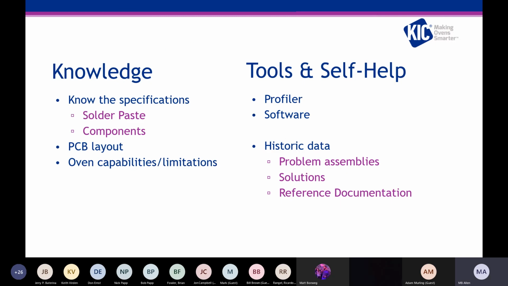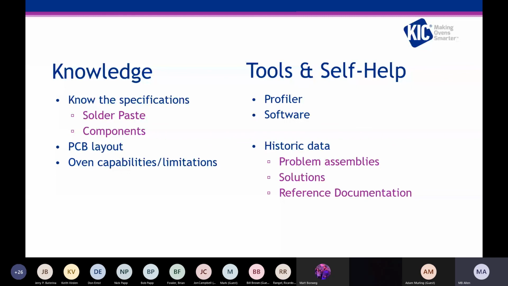One thing that I have found over the course of doing this for so many years is that the knowledge that you gain by all of this experimentation is very important. Having the information in advance is important. Knowing your solder paste restrictions and component restrictions allows you to make better decisions. One of the things that I think people don't consider also is their oven capabilities or limitations. When we switched to lead-free manufacturing, we were cranking those temperatures, and sometimes the ovens were still older and didn't have those capabilities. So you need to know what your oven's limitations are, but importantly you need to know